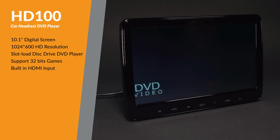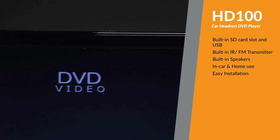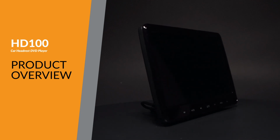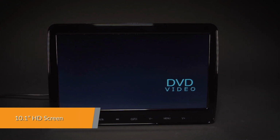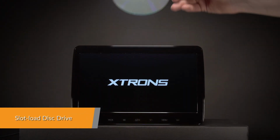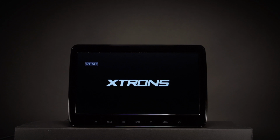The Xtrons HD100 offers an experience unlike any other on a car headrest. The 10.1-inch digital screen with a resolution of 1024 by 600 pixels achieves an impressive image quality, thus enhancing the viewing experience. With a slot loading mechanism, all you need to do is just slip the disc into the slot